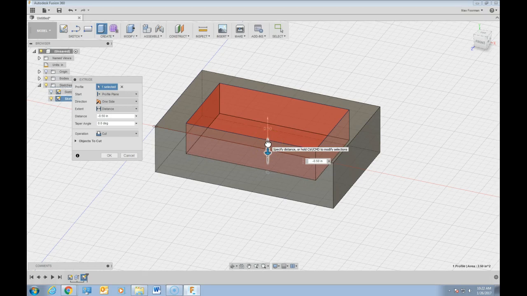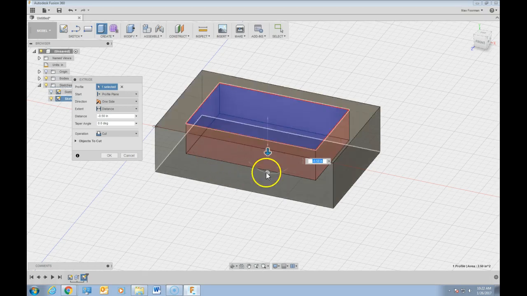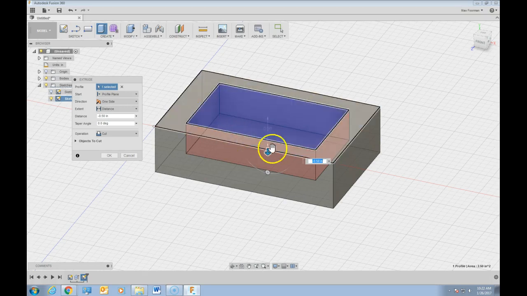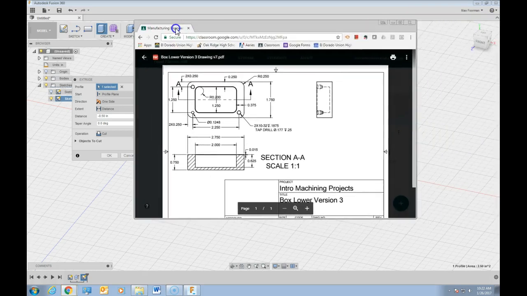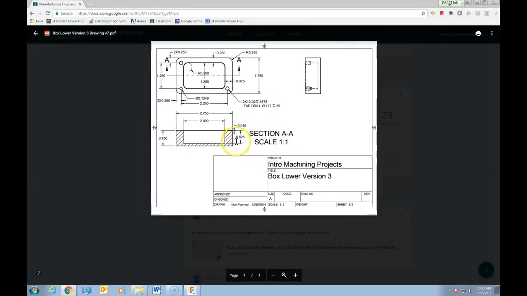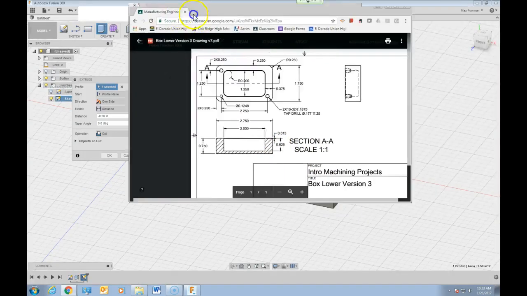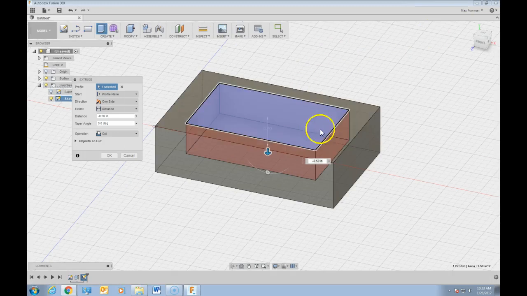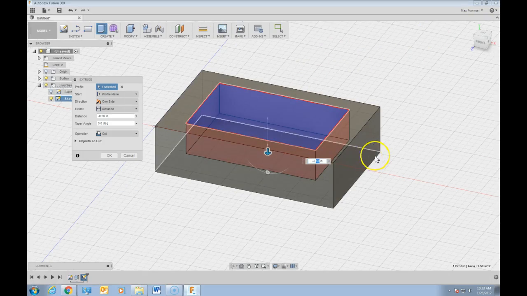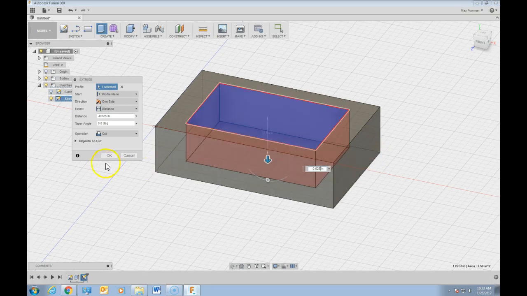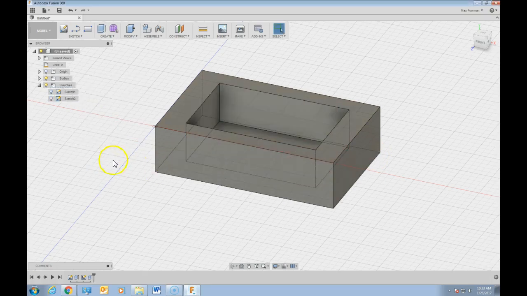That's gone down negative 0.50 or half of an inch down. And if I release there, hey, I've just cut into that block half of an inch, but that value actually needs to be off of the drawing it's provided. That needs to be this value right here, 625 thousandths, 0.625 deep. So let's change that. Okay. So negative 0.625. And now if I hit enter on my key or click this OK button, click OK,